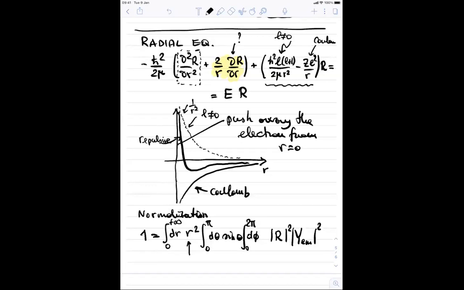If we look at the radial component in this equation and we assume that L equals 0,